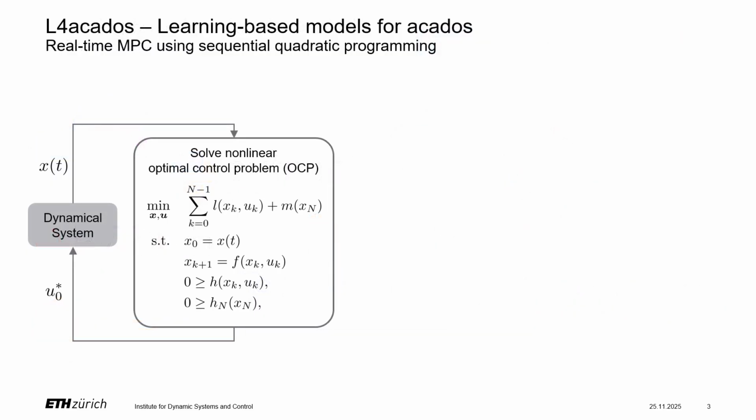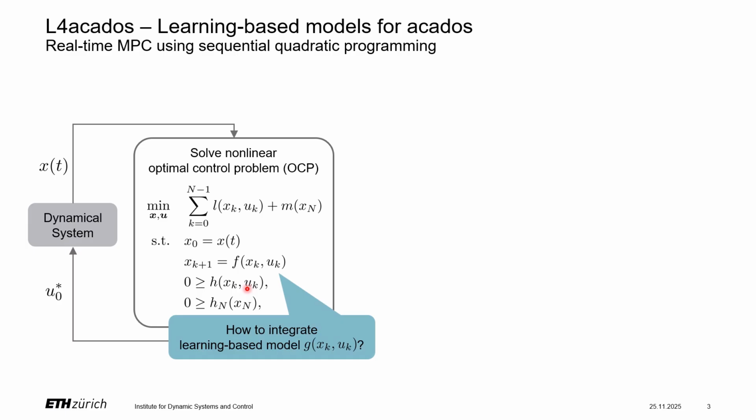Say we are interested in solving the following general optimal control problem as part of a model predictive control strategy. There, we minimize a cost subject to an a priori dynamics model of our system, as well as constraints over a finite prediction horizon. To improve the quality of the predictions, the nominal model f can be augmented with a learning-based residual model g, implemented efficiently in one of the aforementioned software libraries. But how to interface the external libraries with optimal control software based on CasADi?